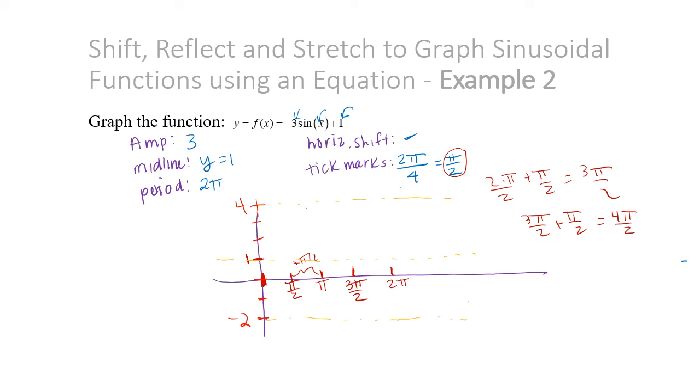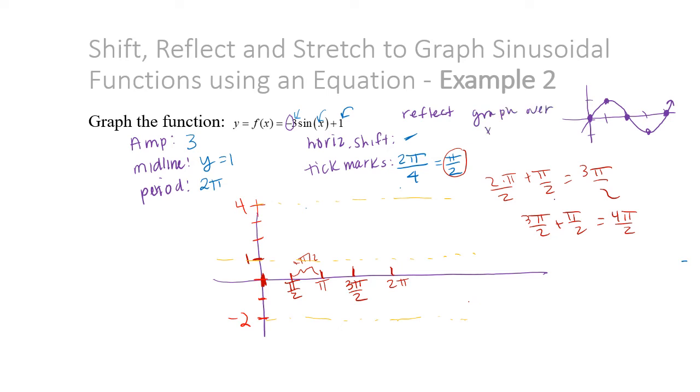Now typically with the sine function, if you've memorized that pattern, you start at the midline, you end at the midline, in the middle you're at the midline, in between those you're at the max, in between these last two you're at the min. So that's what the sine typically looks like. However, this negative is going to throw a wrench in it. So this is one you're going to have to remember back in Math 111 when you have a negative in front. That means that you're going to reflect the graph